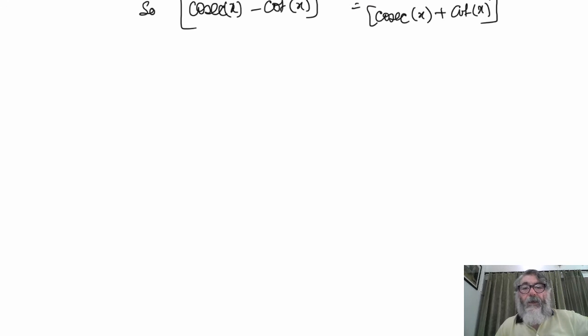We discussed till now the three identities: sin square x plus cos square x is equal to 1, sec square x minus tan square x is equal to 1, and cosec square x minus cot square x is equal to 1. In all these three identities, sin square x plus cos square x is always defined, but sec square x minus tan square x is not always defined because it depends upon the value of cos, because sec as well as tan have cos coming in the denominator.